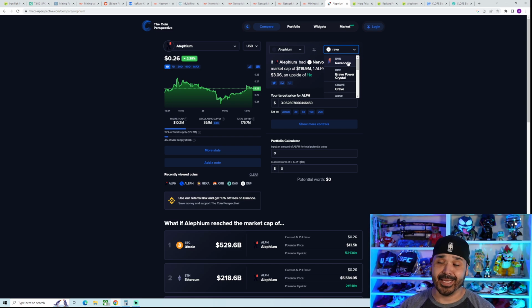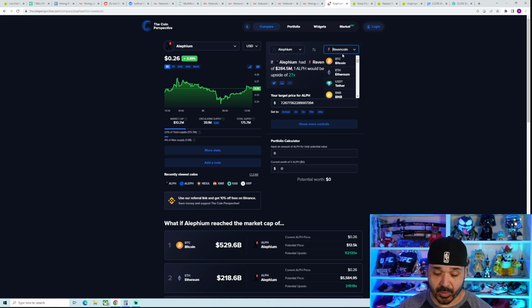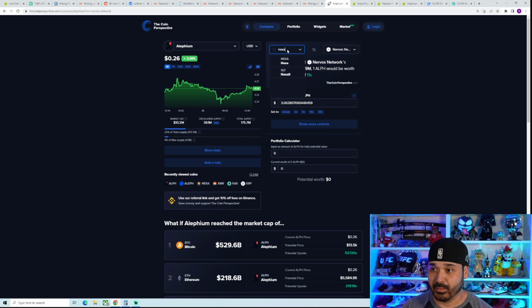So realistically, any of these GPU mineable coins, whichever ones do succeed, I do see them possibly getting into this range. So let's say Alephium were to hit Ravencoin's market cap, it'd be a 27x, right? So just keep that number in mind. Now let's compare it with, so we'll put CKB back over here because that's the top 200. Let's compare it with Nexa, for example. If Nexa were to hit CKB's market cap, meaning if it would crack the top 200,